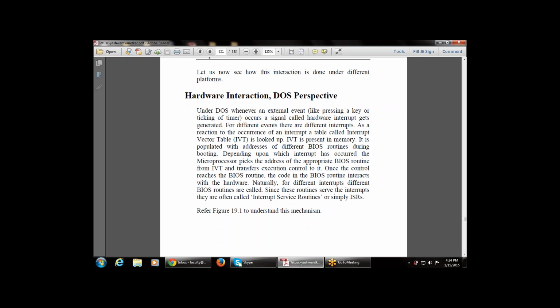So whenever an external event occurs, a signal known as a hardware interrupt gets generated. So this is the DOS perspective. It is used for the external event and it generates the hardware